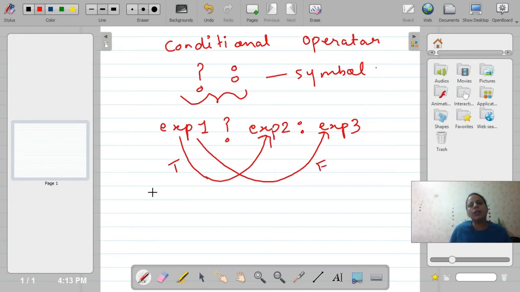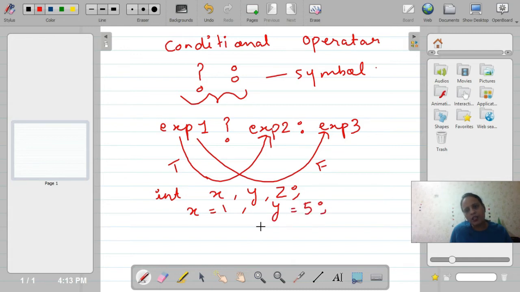For example, I take three variables, int x, y and z. Say x is equal to 1 and y is equal to 5.